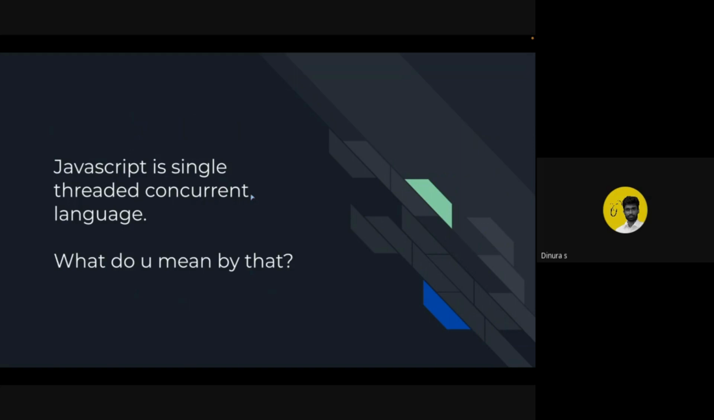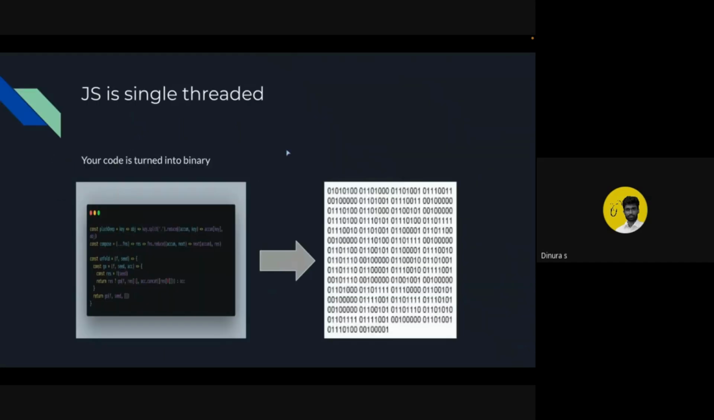So how would it work in this situation? First of all, I'll start by saying what a thread is. This is not specific to JavaScript; this is for any programming language. Let's just say you have some code right here. So you have written some code in some language. It's basically English, right? But in order for the computer to understand this,